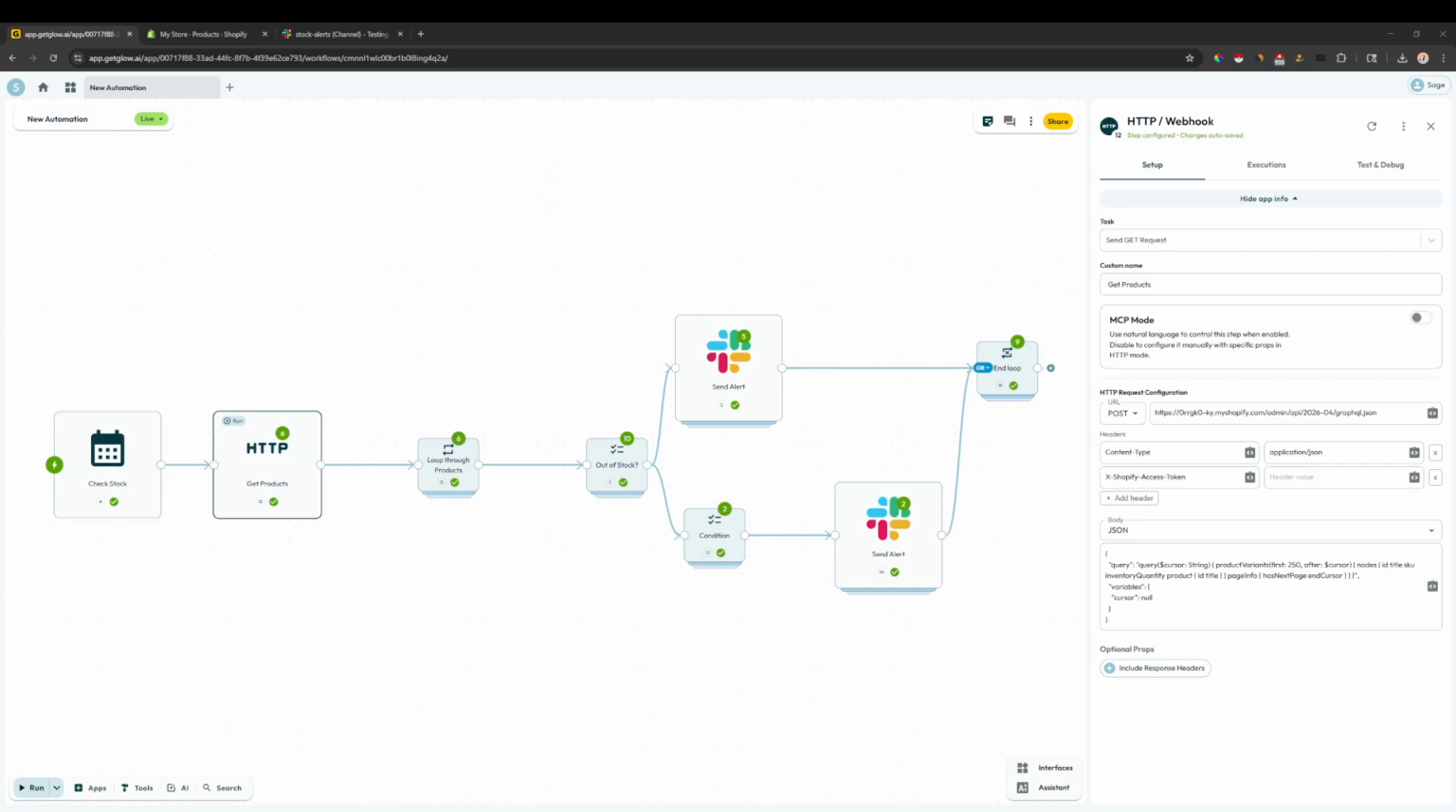Alright, this is going to be a quick video showing how you can create a workflow inside of Glow to send you an alert via Slack every time a product in your Shopify store is either out of stock or very low in stock. So the way that this is going to work is I'm using this Shopify GraphQL endpoint,